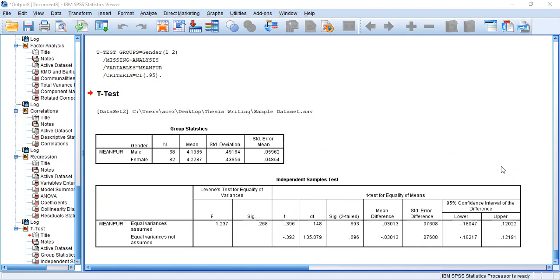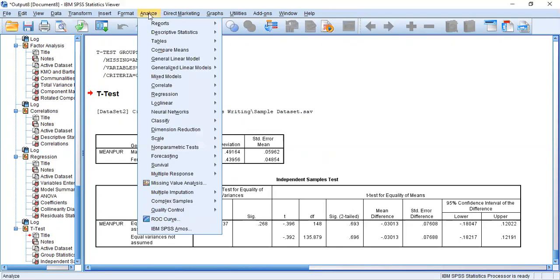Remember, if you want to check the difference of purchase intention with respect to age groups, and the age group consists of different categories like less than 20 years of age, 20 to 30, 30 to 40, something like that, we cannot use independent sample t-test. We can run one-way ANOVA.